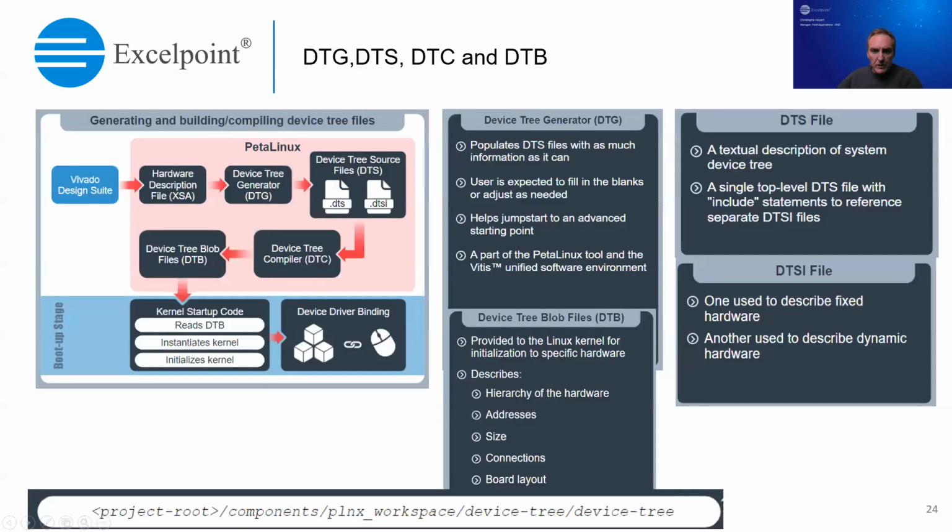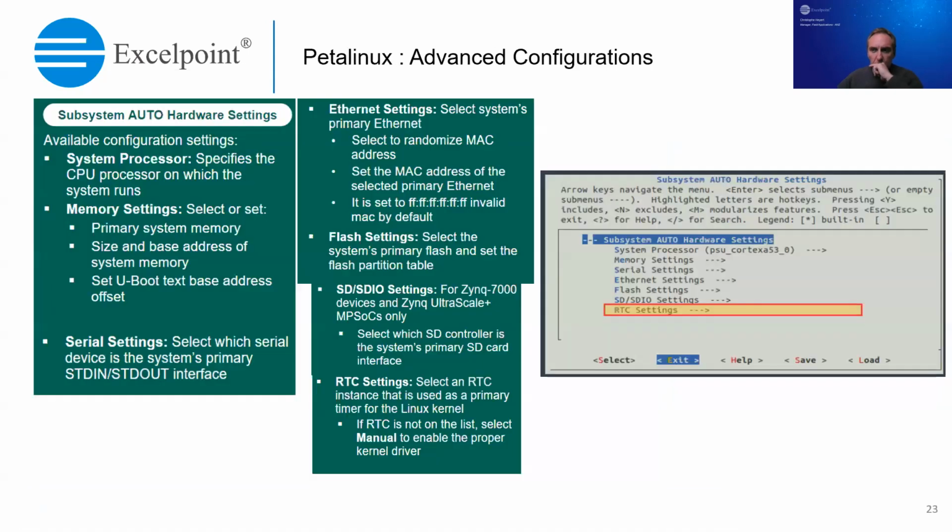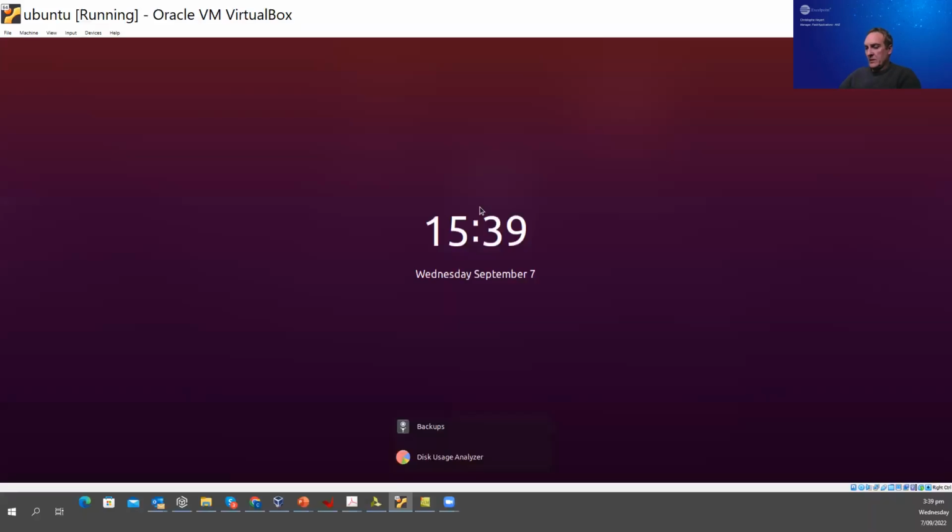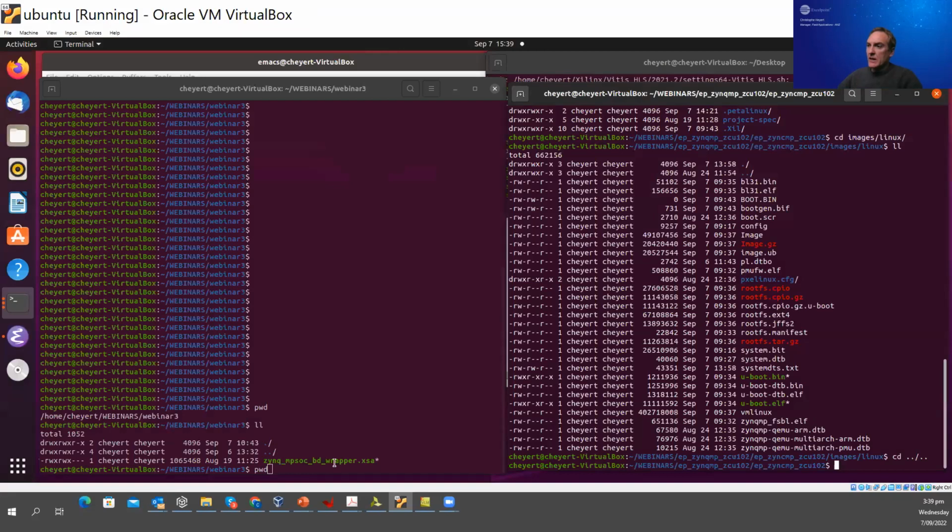So I need to, obviously, I now have an Ubuntu virtual machine. This is my workspace for that. I've already set this up. So we're here in webinars, webinar 3. The only file I need to start building a project is the exported hardware